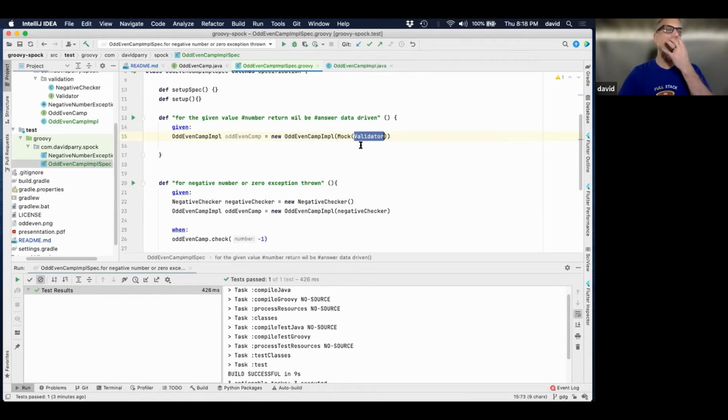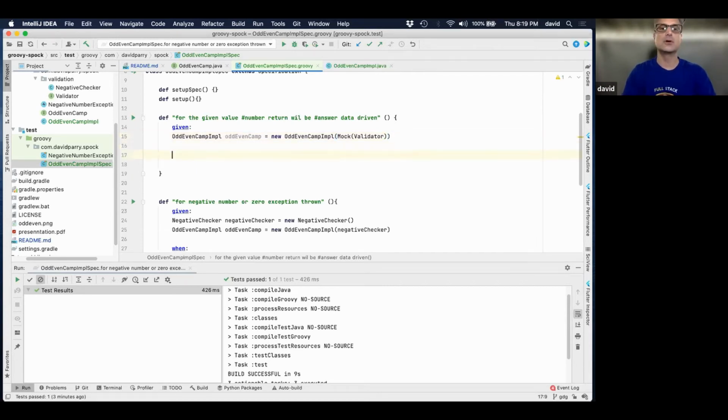We'll look more into this mock and how to do that, but this is just going to allow us to call it. Since the actual interface doesn't do anything but check and throw a runtime exception if there's a problem, as long as I don't need that, I can just pass in this mock and I'm good to go. And I have fewer connections to other classes.